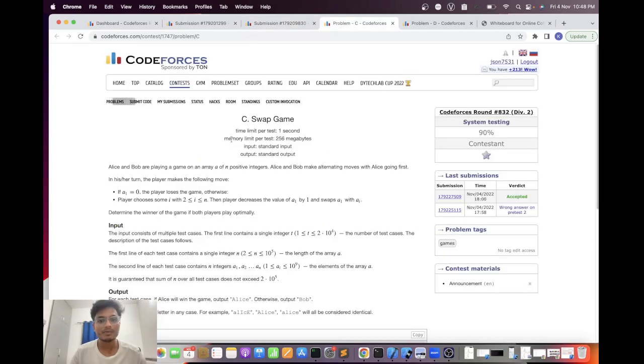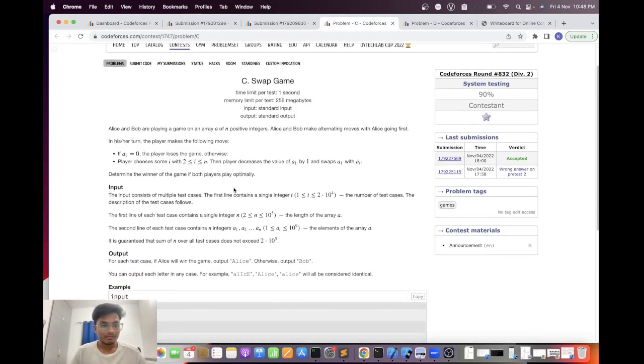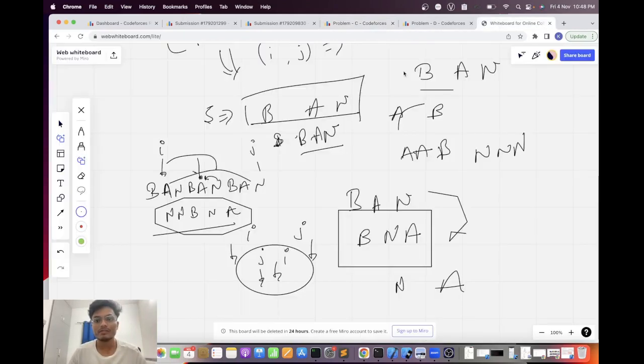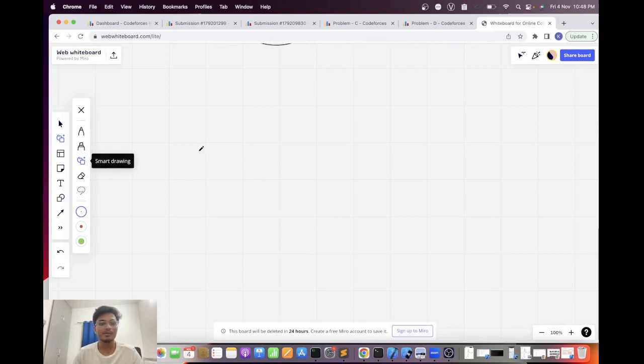So this is the third problem. Okay. So this is a very interesting problem by the way, and a very easy problem. But I say that this is a kind of tricky problem. So what I'm getting is A1, A2, A3, A4, A5. So the first observation is that